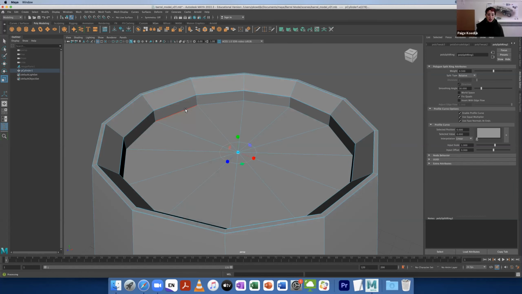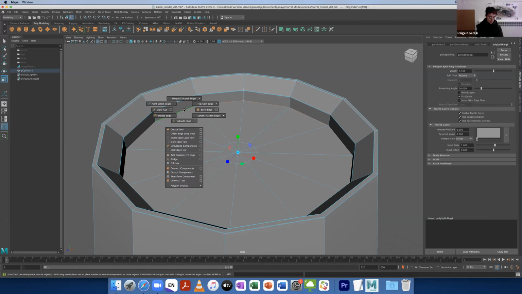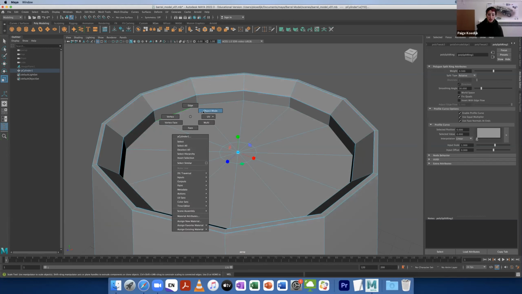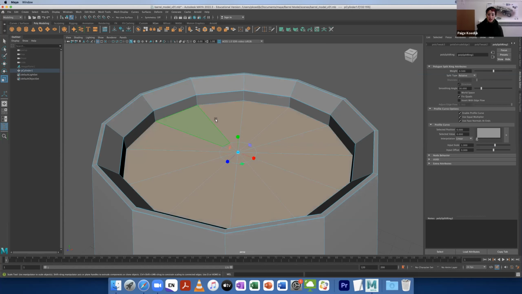So what I want to do now is double click on this edge, and I'm going to hold shift, right click, and click detach components. What that's done is created a severance at that edge, and it has separated these two things. So now my barrel is independent of my lid. What I can do now, a step further, is take this lid and actually make it a completely separate object